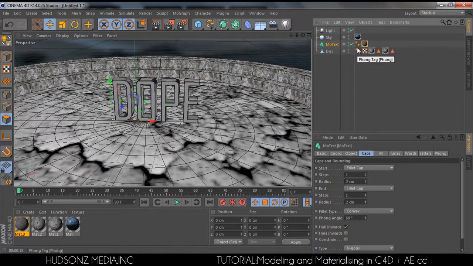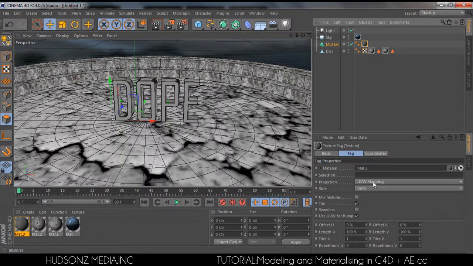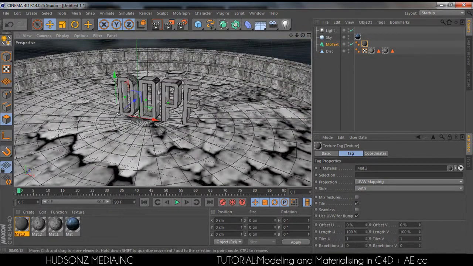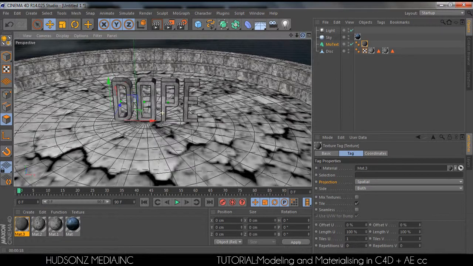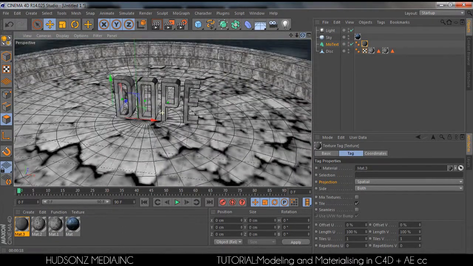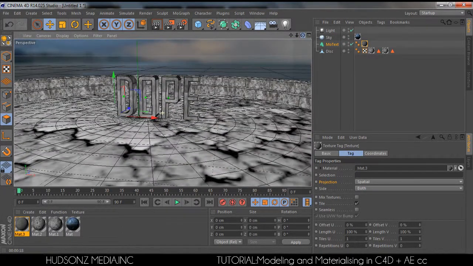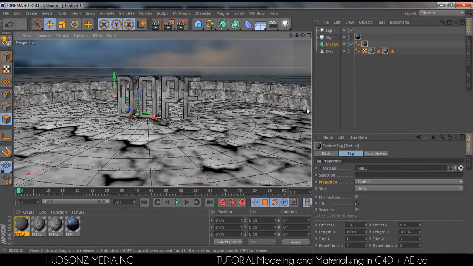So we can see, if you saw very well, you saw carefully, our text isn't very good. Mostly if you drag a custom texture on your text and render it, the text will only be materialized on the sides and behind it, I think. So on the projection, we'll press on the material, and on the projection we'll put it to spatial. I don't know what to call it, spatial, like that. So when we render that,